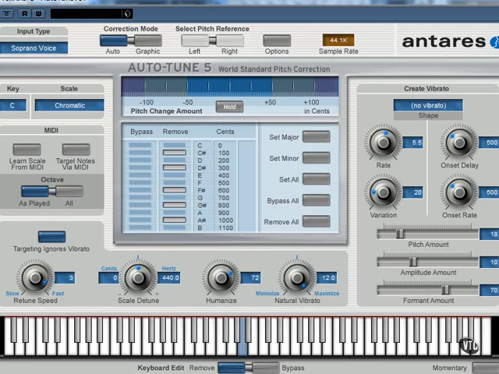Sing. You can definitely hear the notes being repitched. You can choose whether or not auto-tune will ignore vibrato of notes. If I now disable this and replay,